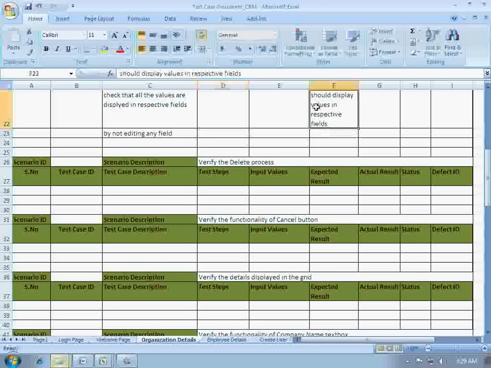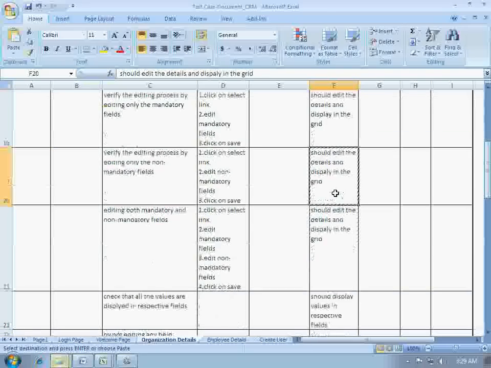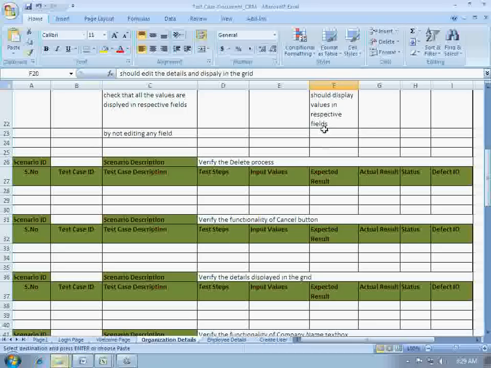So the details should be saved, actually.